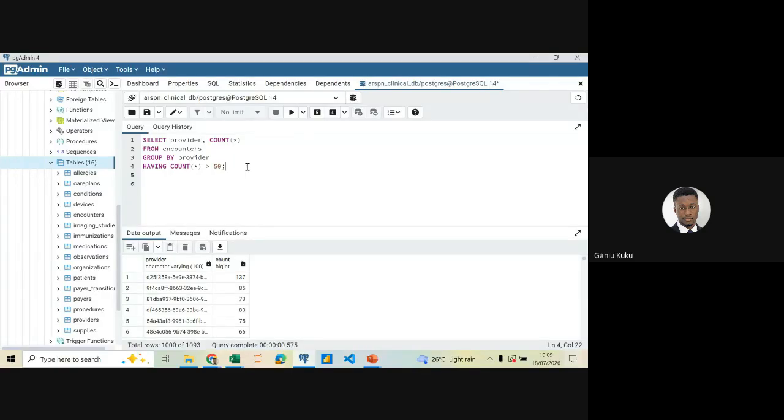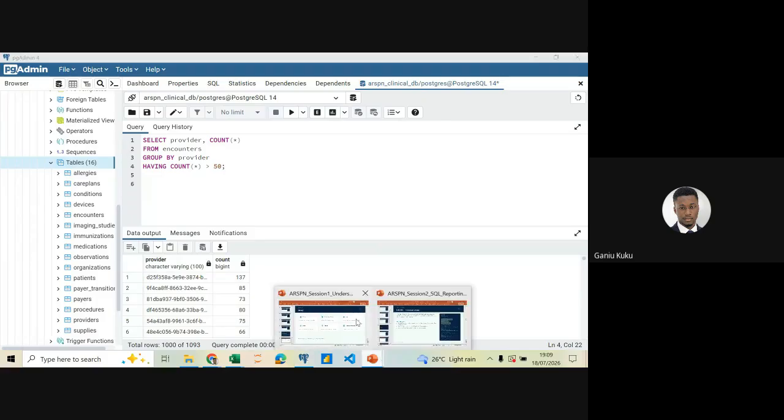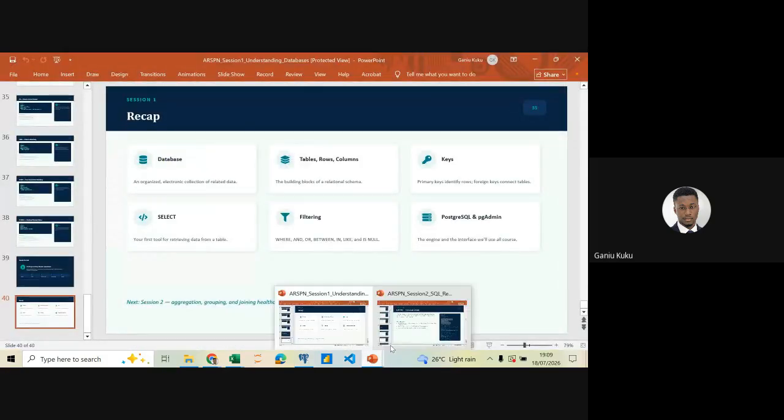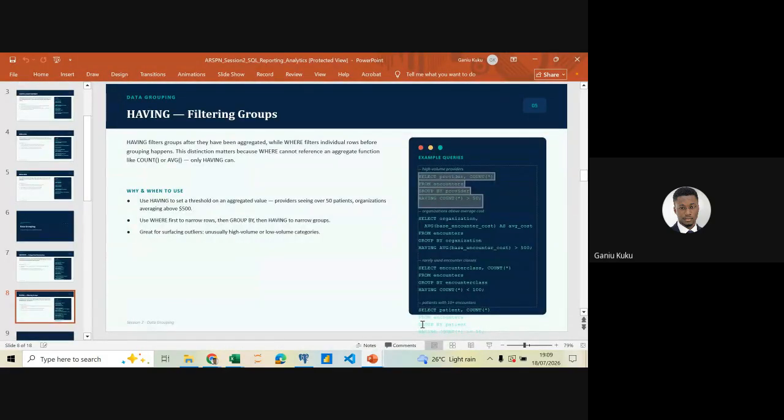It could be, maybe you want to look at the modality scans based on, I don't know how you do it in your health profession, whatever the condition may be. So once you're using an aggregate function, you use HAVING. So we also have,